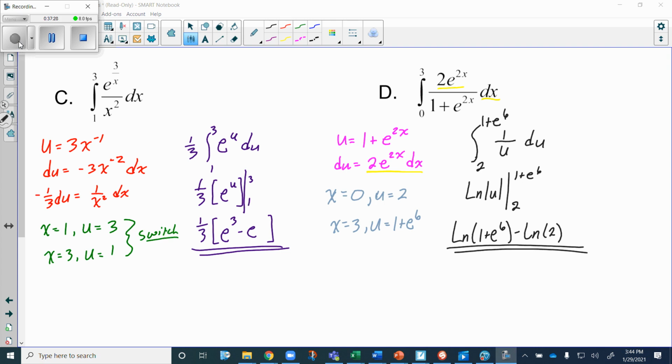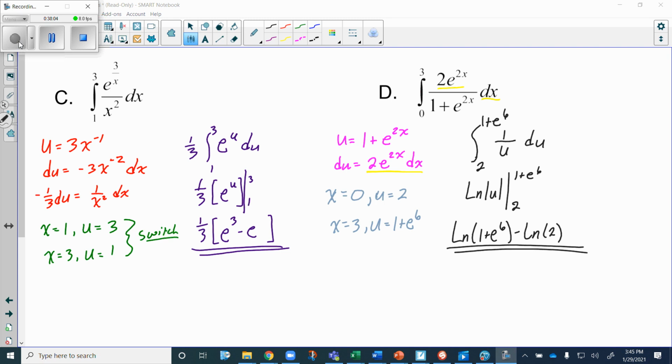On the example on the left, C, pay attention that the upper and lower bounds do switch when you evaluate u with x, or find the value of u when we know the values of x are the upper and lower bounds. So we had a negative constant of 1/3, but then we had to switch it, so it becomes a double negative, making it a positive 1/3. And in this case, we wind up with 1/3 times e to the third power minus e. And on the one on the right,